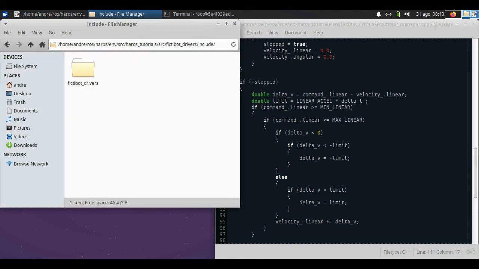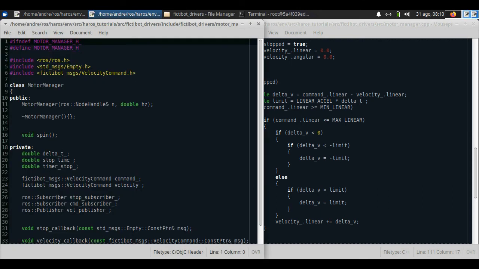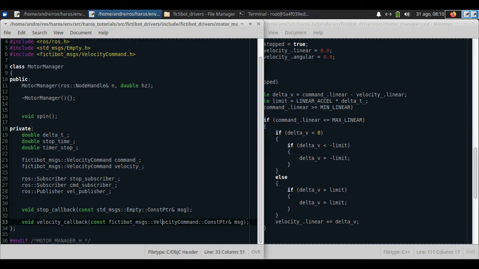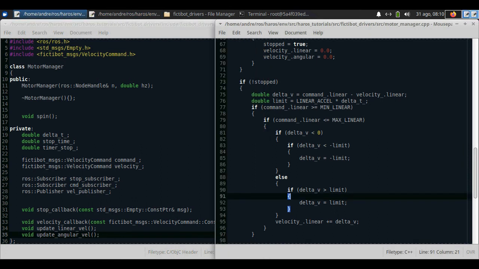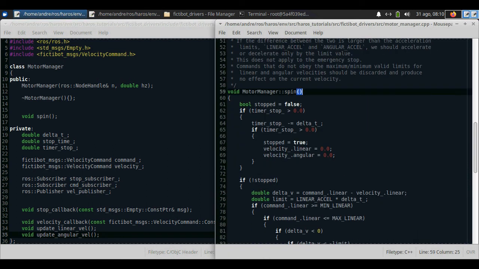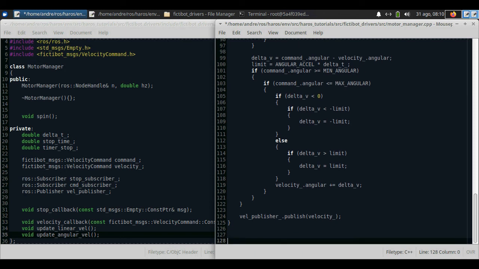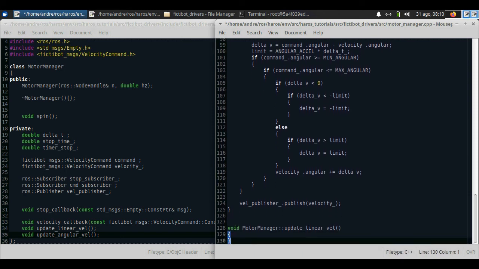In order to add a new function, we're going to declare them in the header file. Let's call them update linear velocity and update angular velocity. And now we add their implementations to the CPP file. Just going to copy and paste for convenience, change the names.